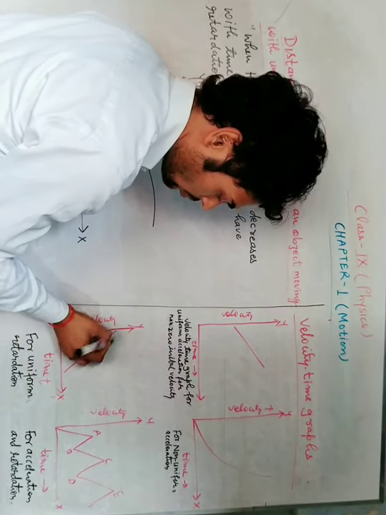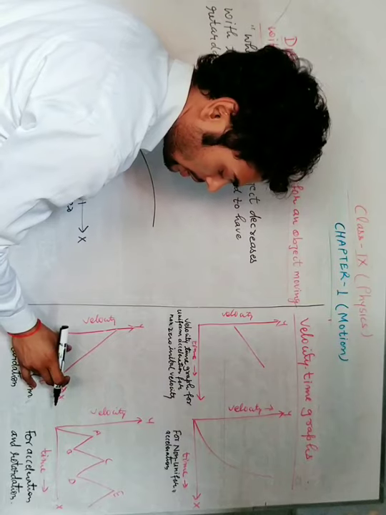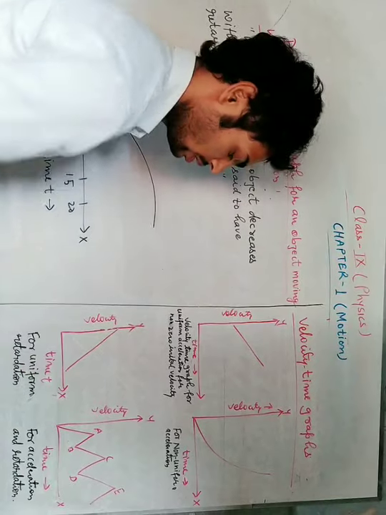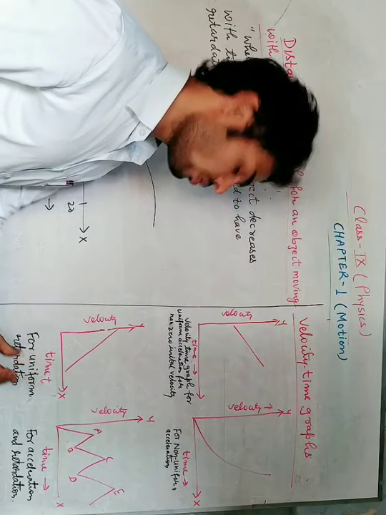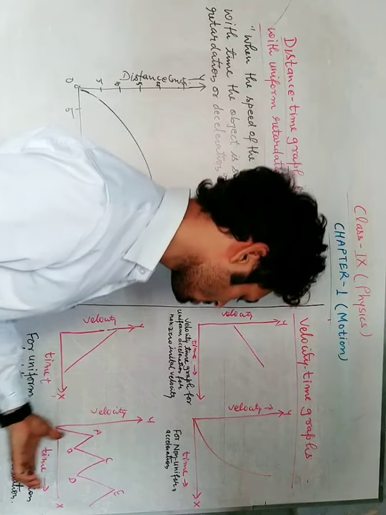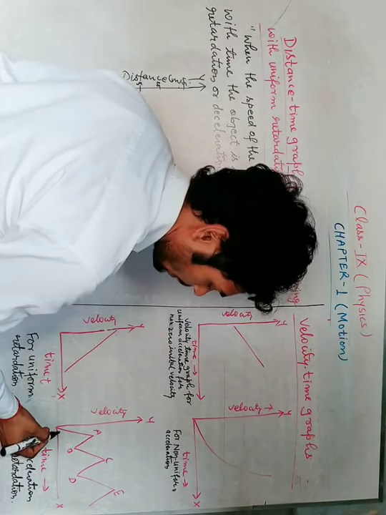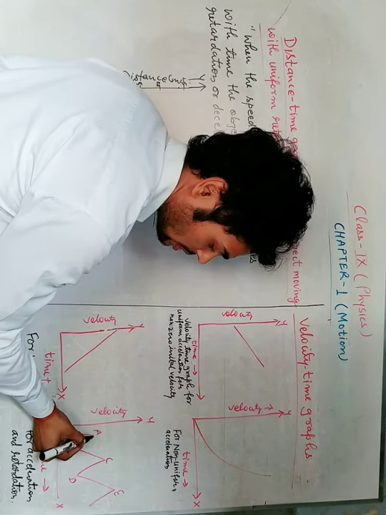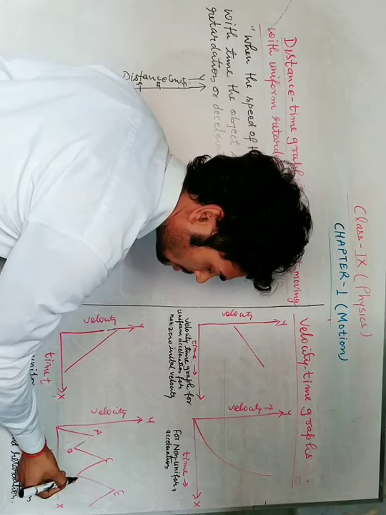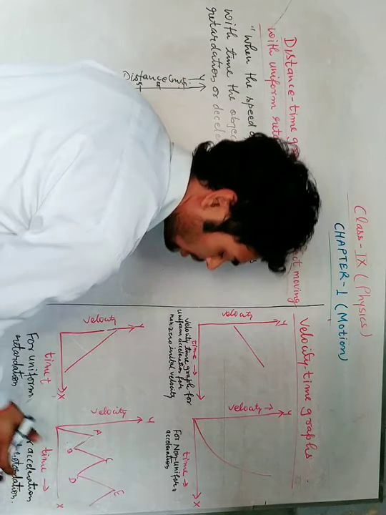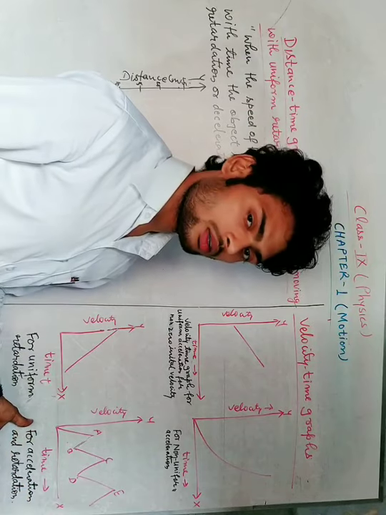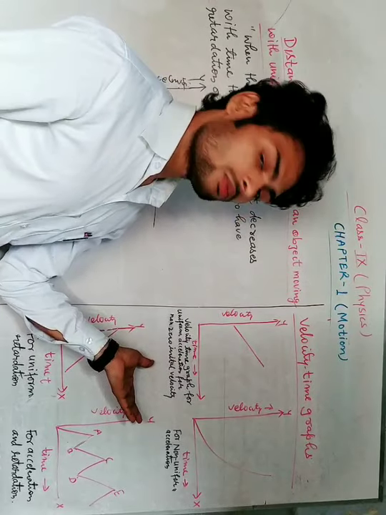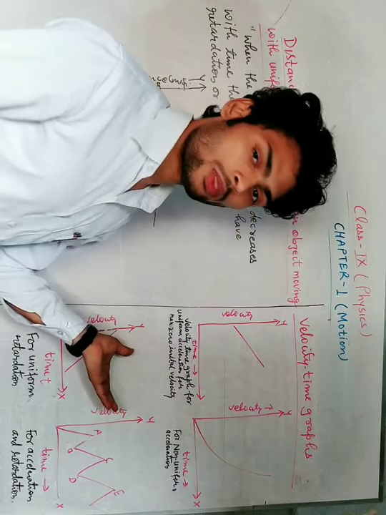Firstly velocity increases with time, and last velocity decreases as time increases. Then we can draw the graph in this way. This is the graph for uniform retardation. And last, acceleration and retardation both. The object is at rest, then as time increases, velocity increases, and so on. This is the graph for acceleration and retardation. So in this way we have explained every type of graph that we have to draw.